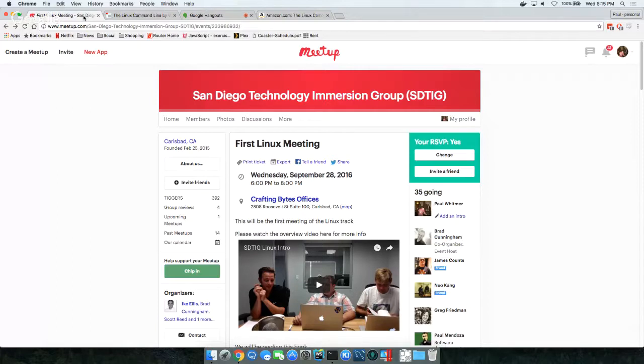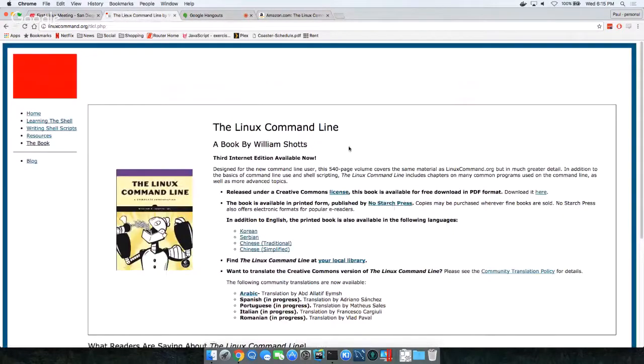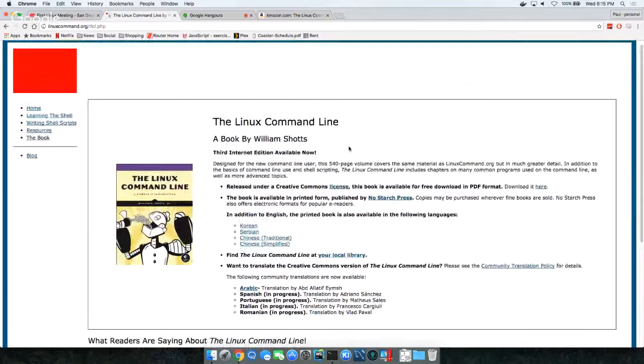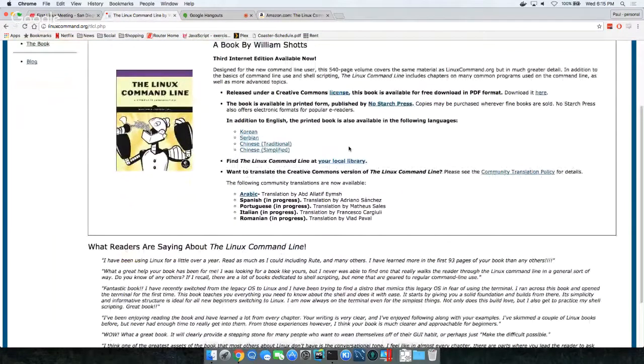So for this track, we're going to be going over Linux, and the book we're using is The Linux Command Line. And Paul will flip over on his screen to the website for the book. We had a discussion, myself and Paul and Scott and Jim Counts here, and we went around on what we thought might be a good Linux book, and there were a couple of contenders. This one rose to the top for us as a good way to introduce you to the fundamentals you need to know in Linux. You're certainly not going to be an expert Linux user after reading this book, but you're going to know a lot about the Linux command line and be very capable in it.